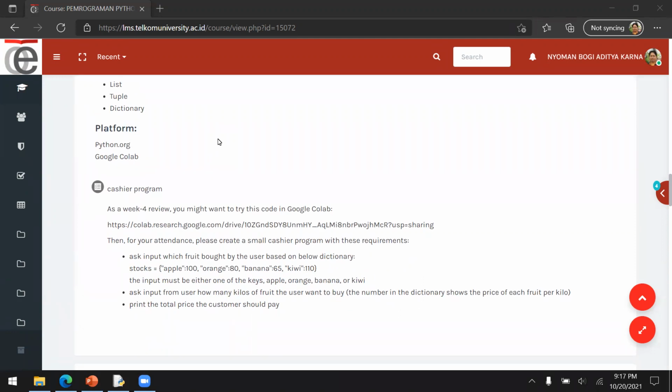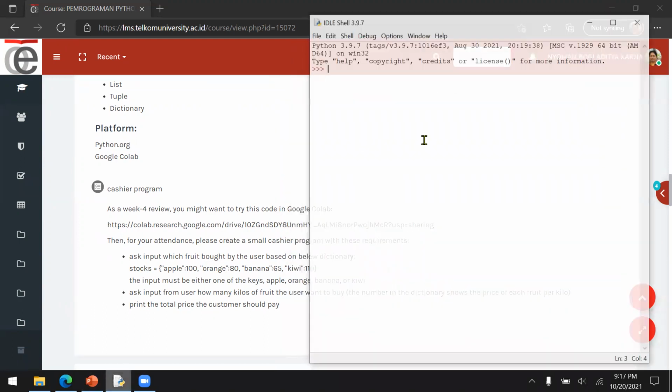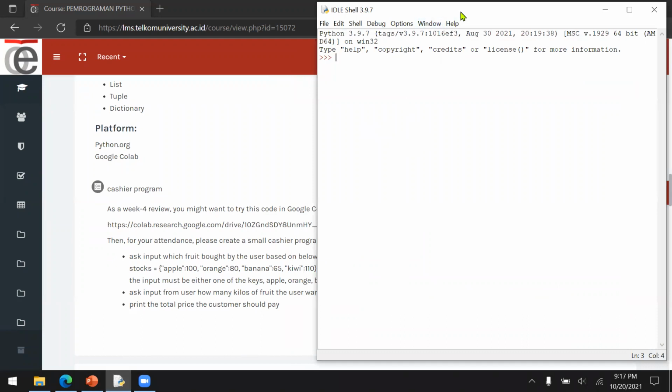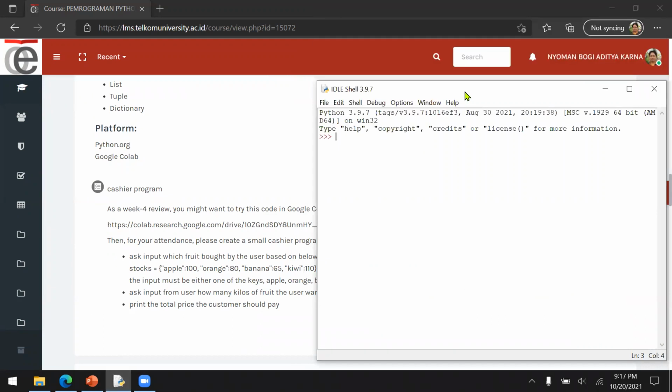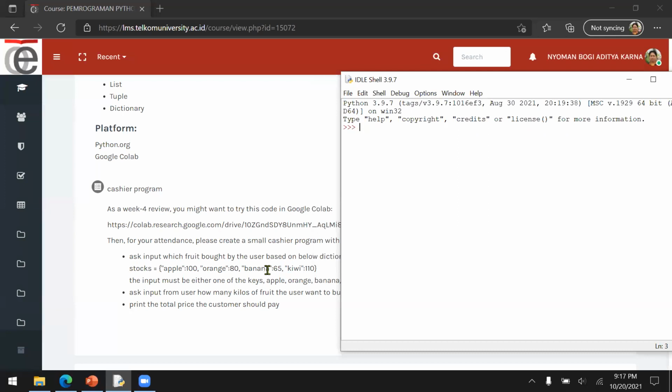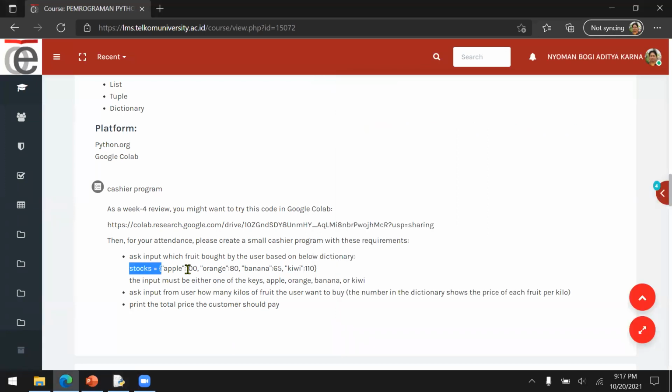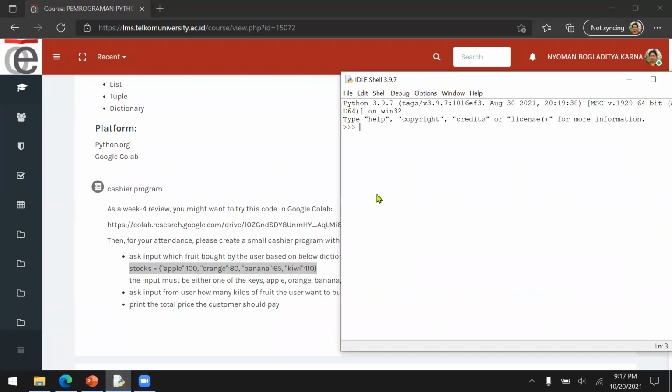Okay, let's move on to the assignment. In this assignment, you have to create a cashier program. First, you need to ask input from the user. But before we ask the input, first we need to create the dictionary in here. Okay, just Control C and Control V. Okay, we will create the stocks. Remember, in stocks,